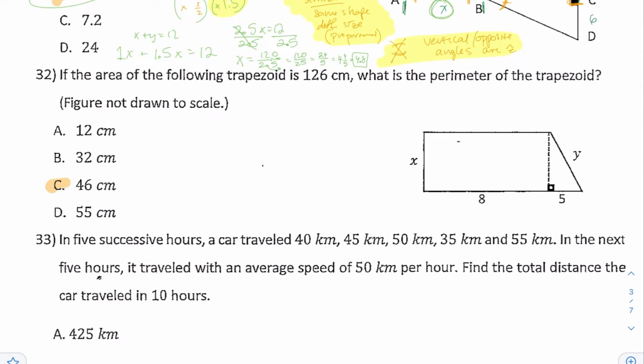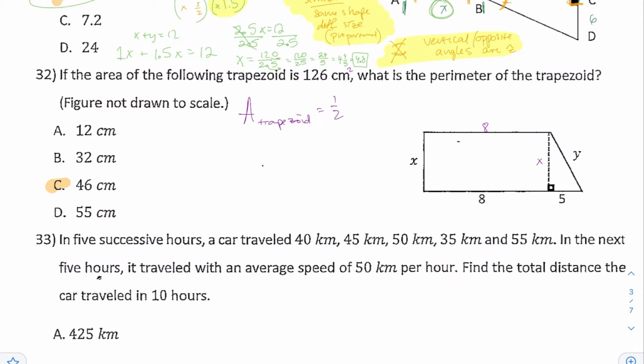Next, for number 32, if the area of the following trapezoid is 126 centimeters squared, then what is the perimeter of the trapezoid? So we have an area, and we want to figure out the perimeter. Well, for a trapezoid, you know that all trapezoids can be broken down into a rectangle and a triangle, and for this rectangle, the opposite sides are equal. So you have all the ingredients to figure out the area of the trapezoid,